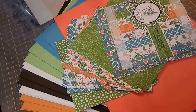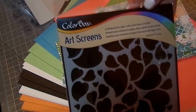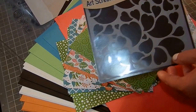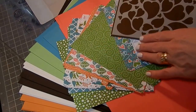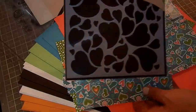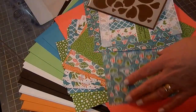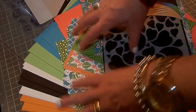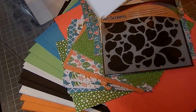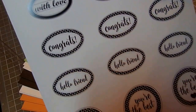I love it. And then she did something new this kit, and we got a stencil, and it's a color box, which I have quite a few of these, but I was happy I didn't have this one, and it's so cute. Wonky hearts, and as I mentioned, it does tie back. So that's what I like about kits as well, you've got everything that goes together. You've got the paper, you've got the designer paper, you've got the cardstock, lots of times her stamps go. And the last thing that she did in this kit, which she's also never done, is she did some